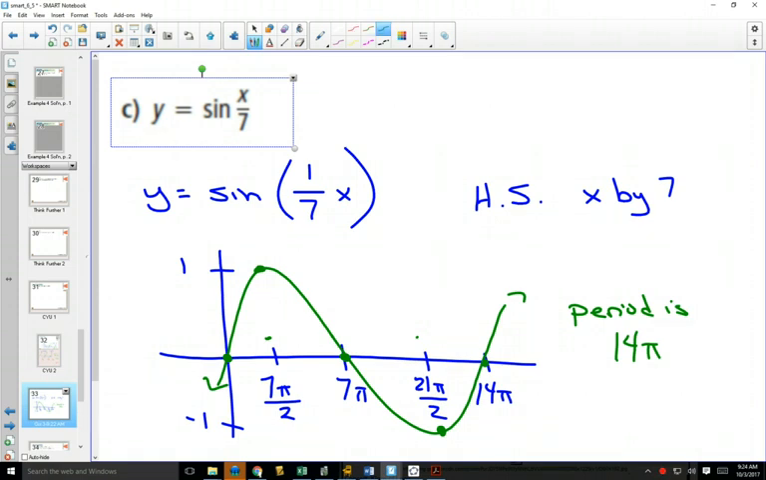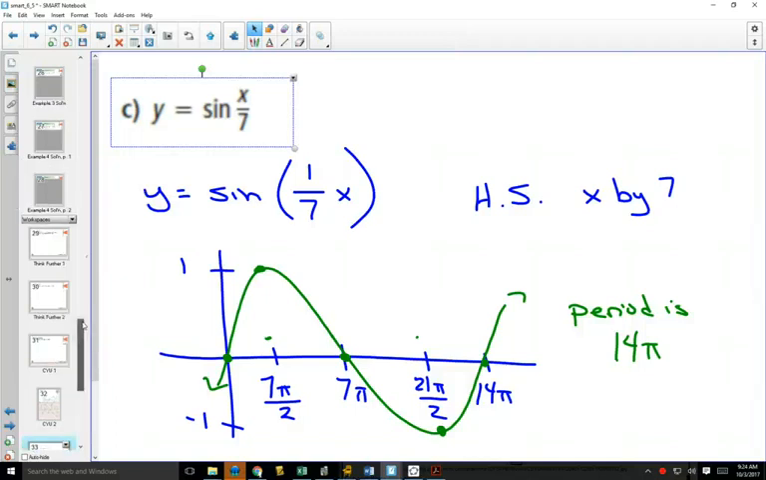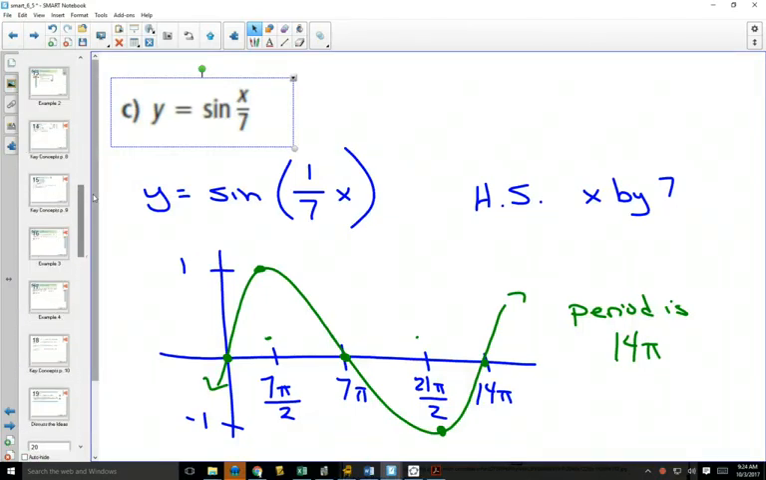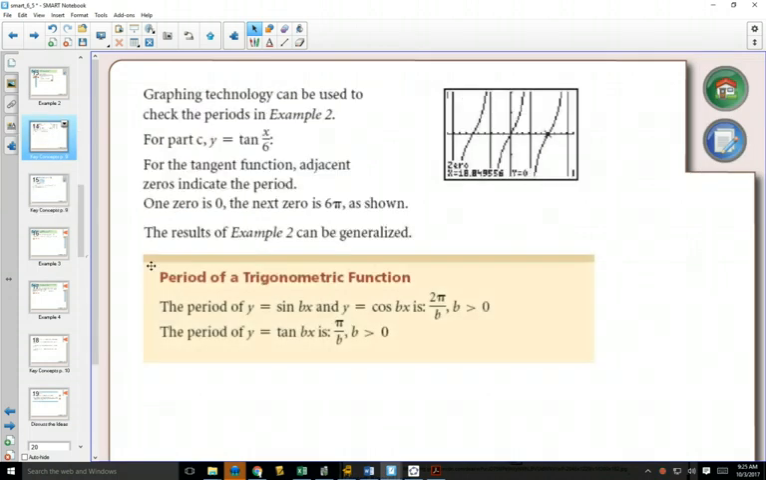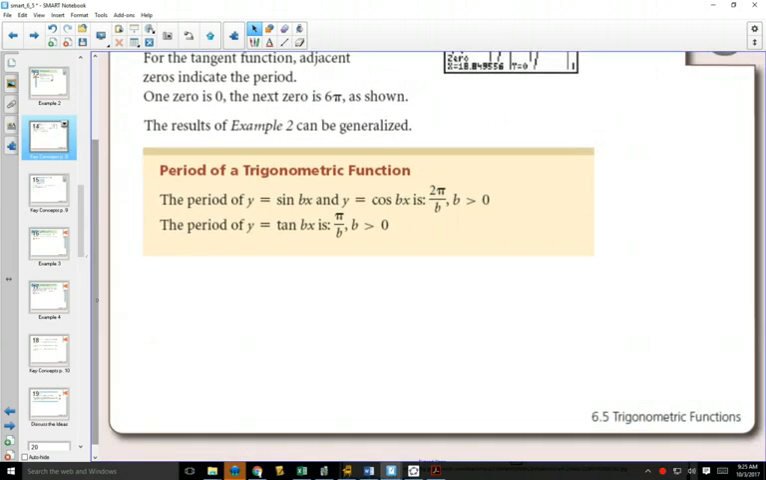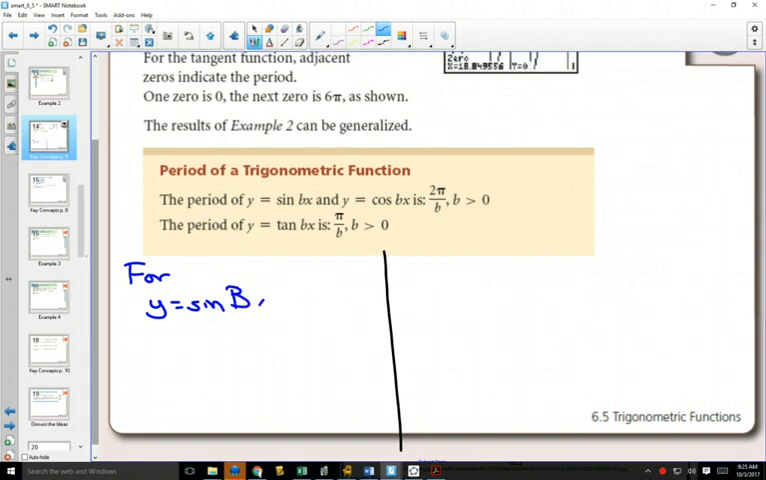Now at the bottom of your page, they've got a shaded box which has a couple of formulas in it. These formulas are not on your formula sheet. That's not the one I'm looking for. There it is. Period of a trigonometric function. What we're going to do here is we're going to just rewrite them so that you pay attention to them a little bit more. And I'm going to use a capital B. For both sine and cos,